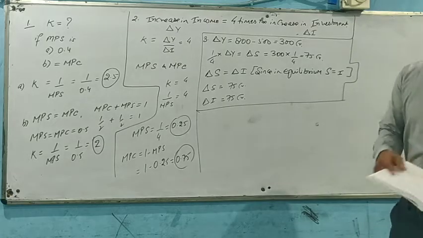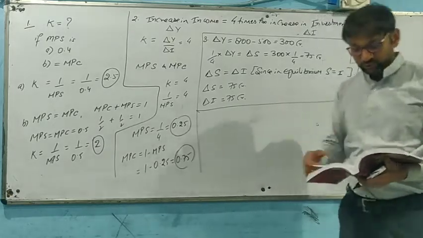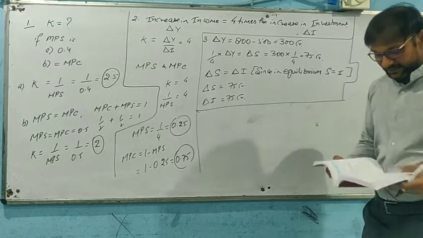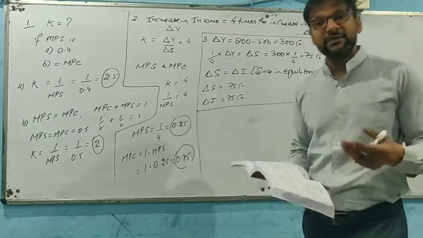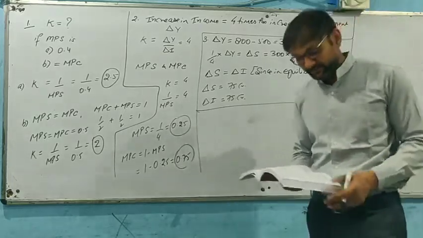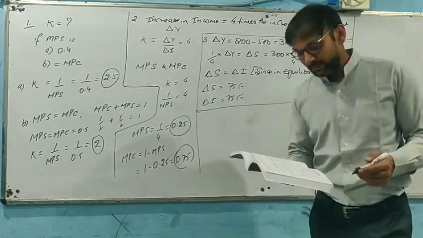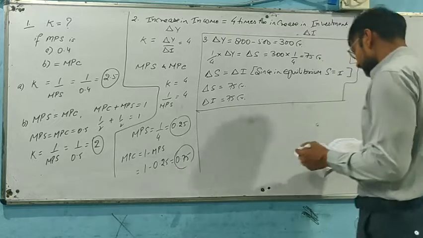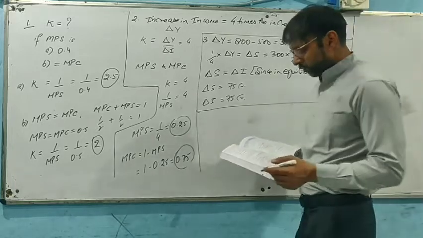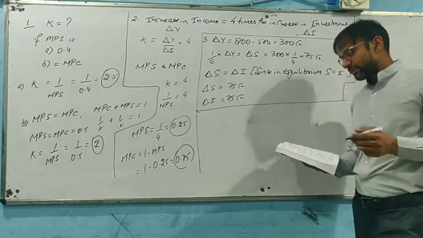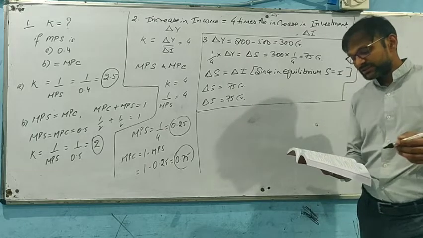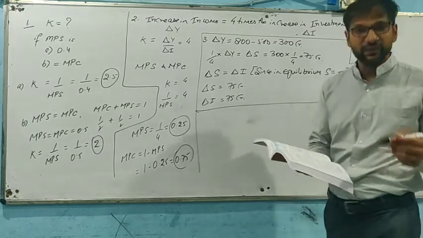That you need to understand. Now we are coming back to more questions. There is one more question that has arrived in CBSE All India 2010. The question states that in an economy, the equilibrium level of income is 12,000 crore. The ratio of marginal propensity to consume and marginal propensity to save is 3:1.